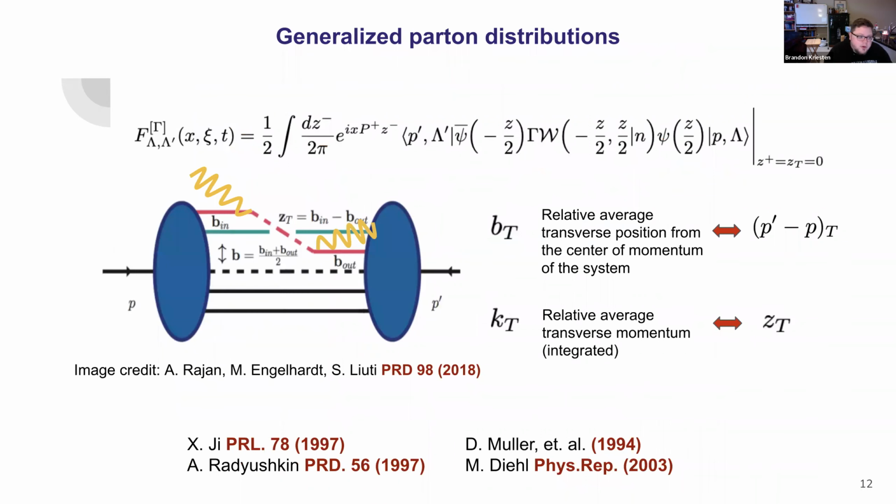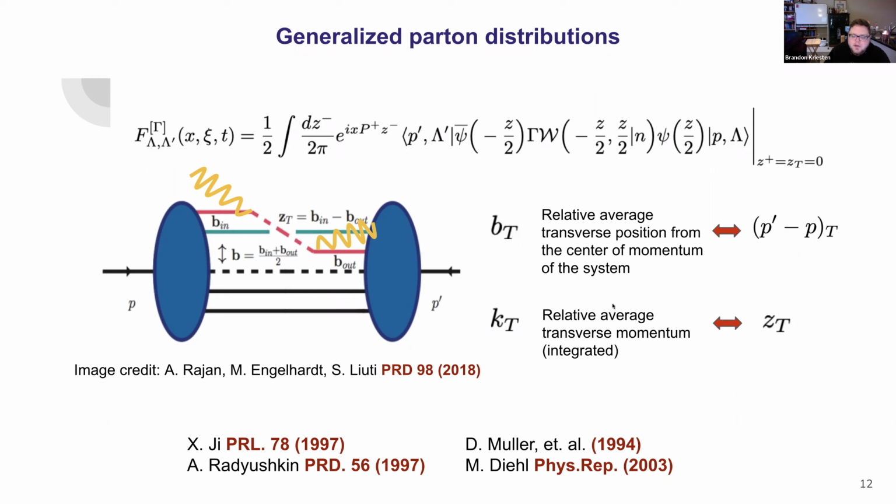And now, one can ask, what are these GPDs? This, for instance, is the correlation function of a GPD, in which you have quark operators at off-diagonal positions. You have your Wilson line that makes this object gauge invariant, and then you have your projection operator of the quark fields. And all this is sandwiched in between proton states of different momentum. And you integrate out, for instance, the transverse momentum of the quarks.